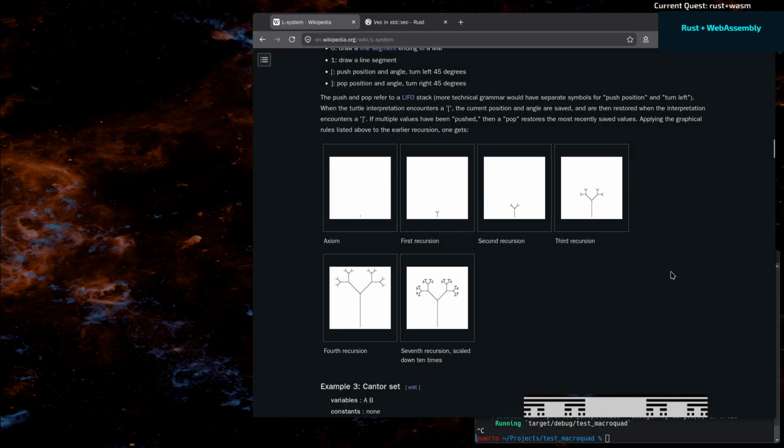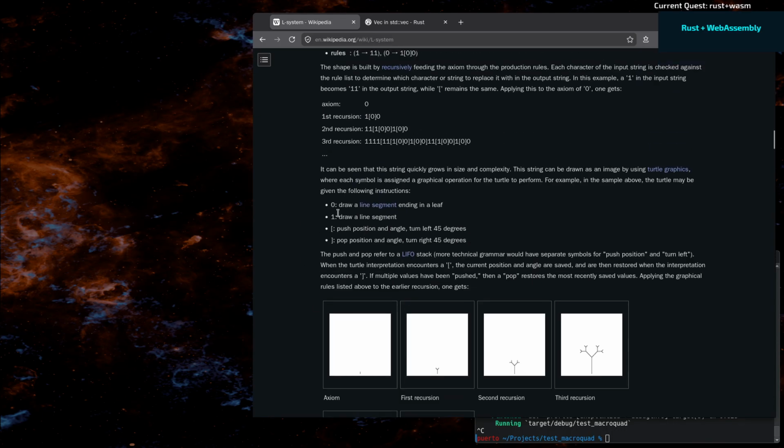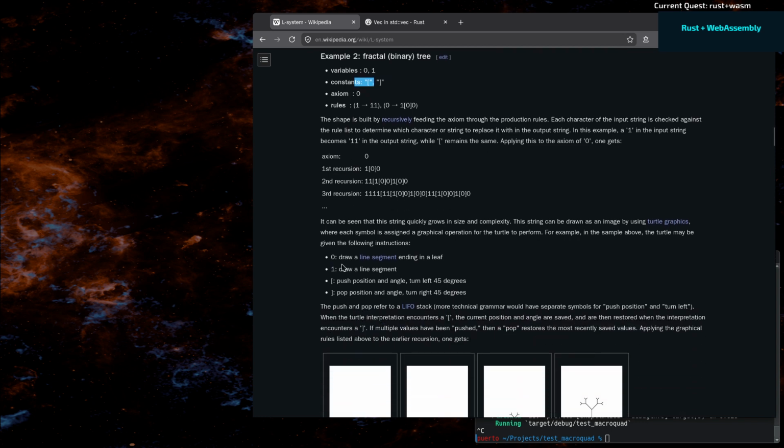The issue that was pointing out in terms of integration of the Turtle graphic system with the L system that we created last week is the following. As you can see, for this L system, for this tree, there are these 4 symbols, right? There are 2 variables and 2 constants. In terms of drawing, 0 draws a line segment, so that would be the draw forward. 1 also means draw a line segment, so the